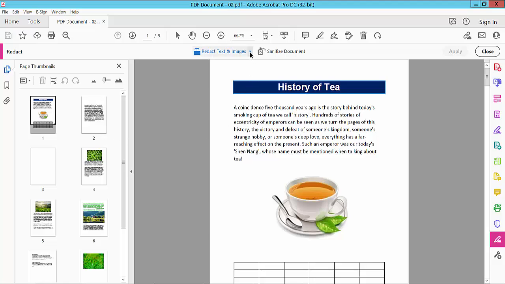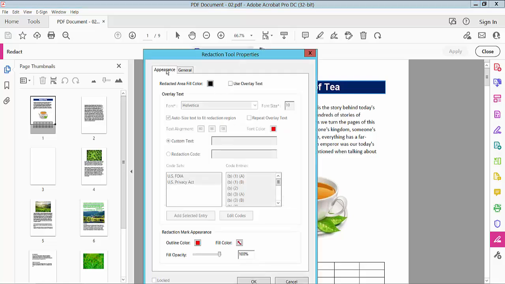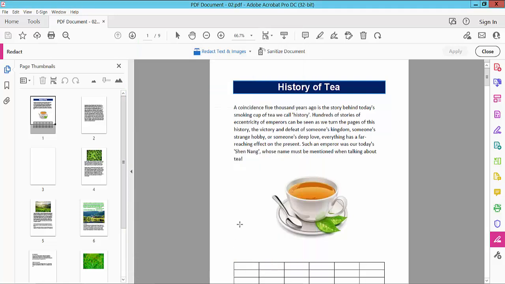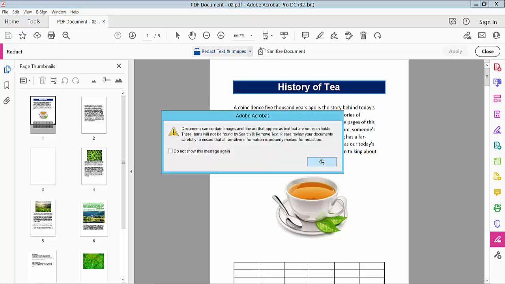Now click on the redaction arrow and click on this properties option and select appearance option. Here you can change this redaction color. I set this gray color and select OK. Now again click on this arrow and here you will find this find text and redact. Click here, select OK,